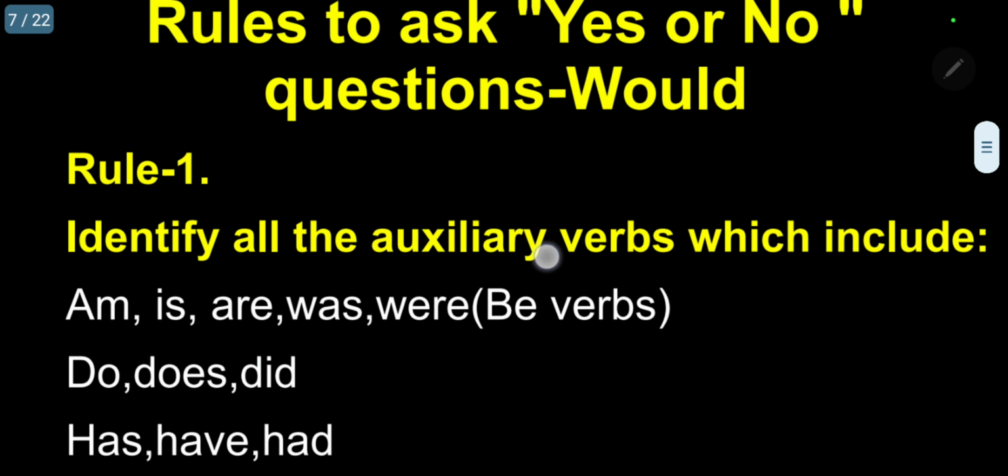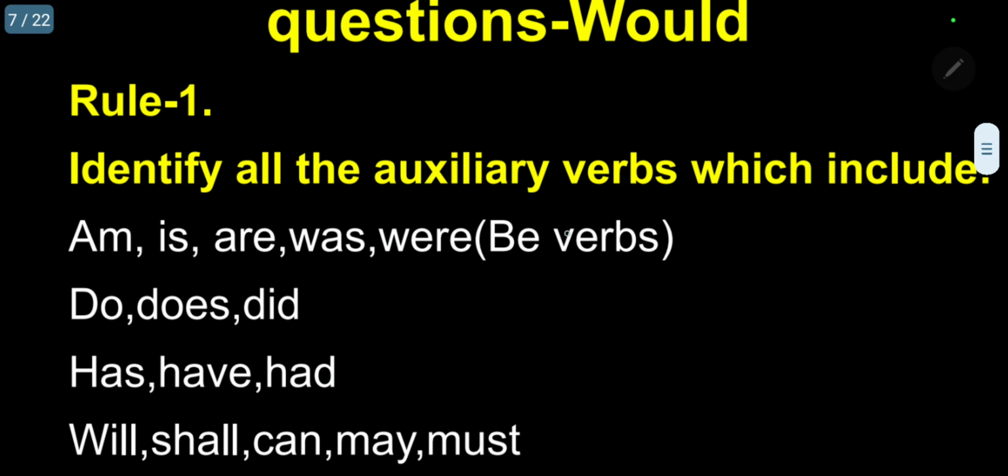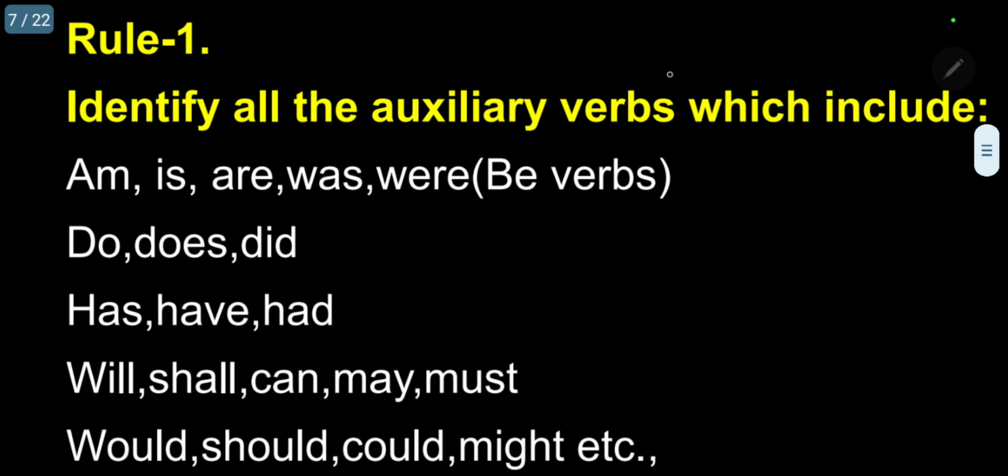Now, before discussing the questions, nearly 10 questions I am taking in each chapter, starting with would, I will give a few rules to follow to frame the questions. Rule number one. To frame questions using yes or no questions, what you must know, you remember under rule 1,